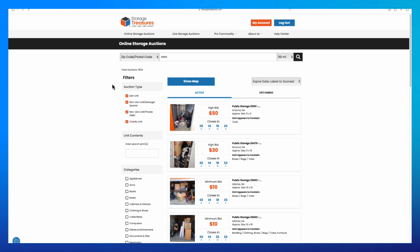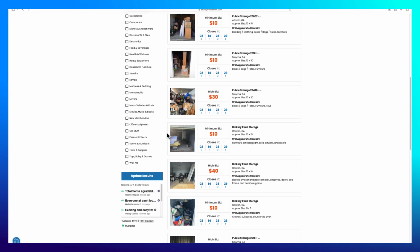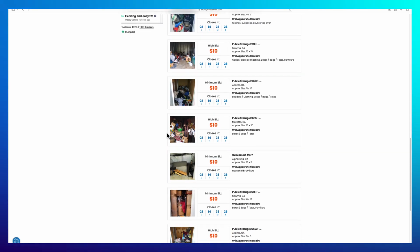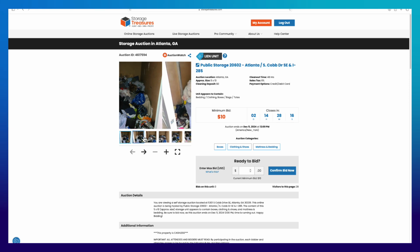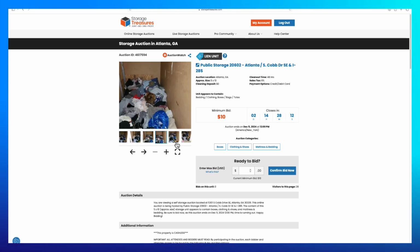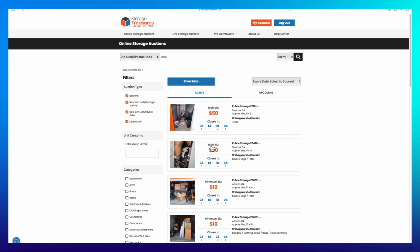All right, let's see if we can find a unit that looks staged. And what I mean by staged is, I personally haven't. Here's another example of trashed. This is trashed. This is a trash unit. This is something that nobody should buy. Nobody has bid on it, which is good because this is all trash. That's going straight to the landfill. But back to